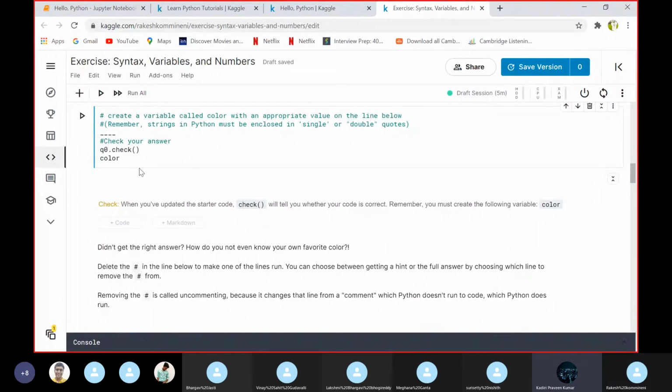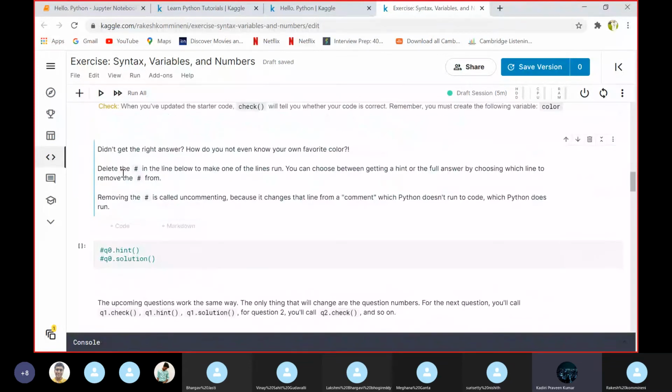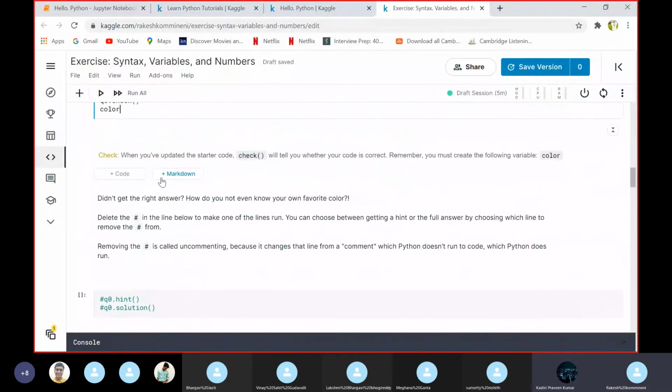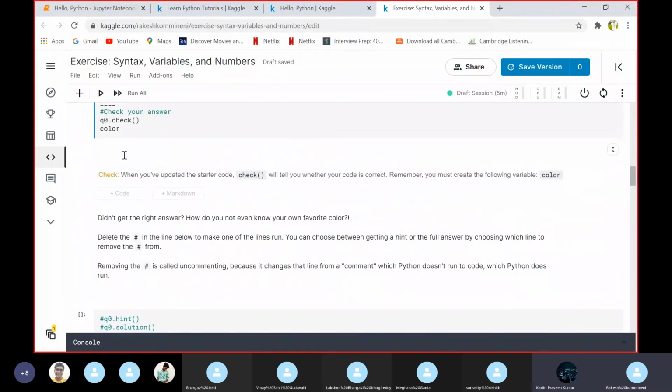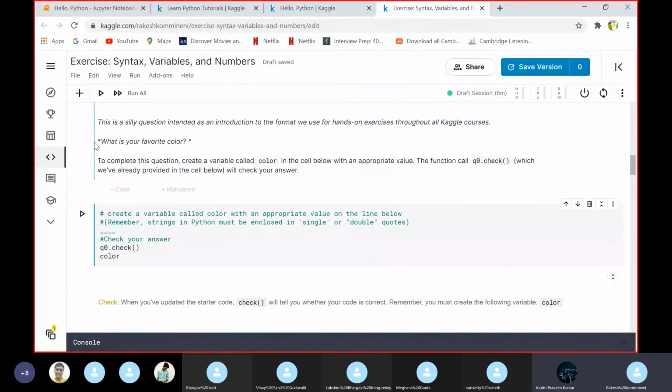Go to the top. What is written over there? Top. Check when you have updated. Go to the top. To complete the question, what did he tell you to do?